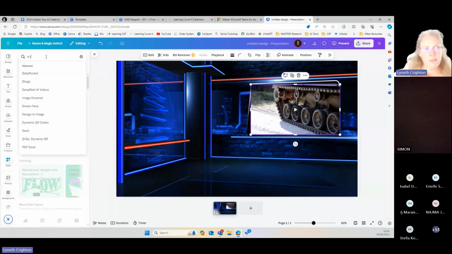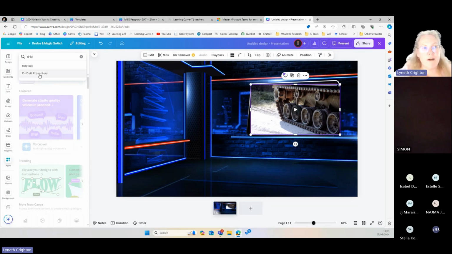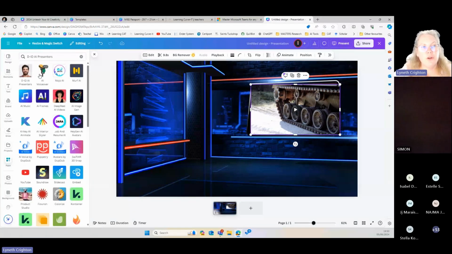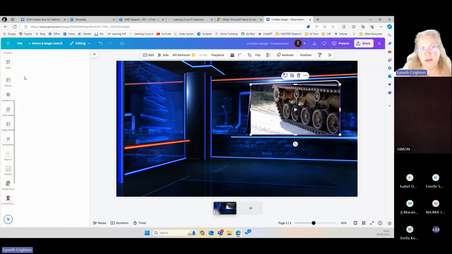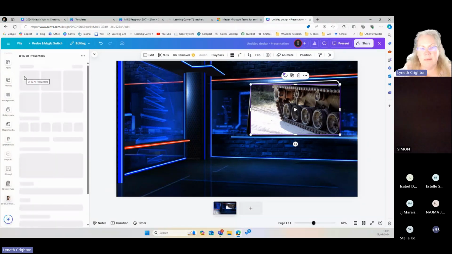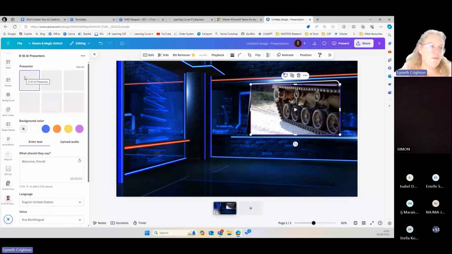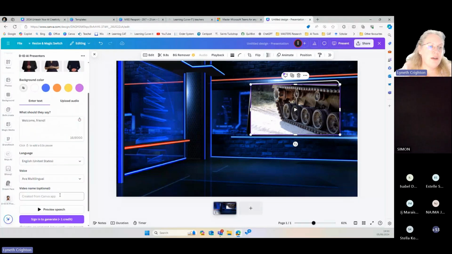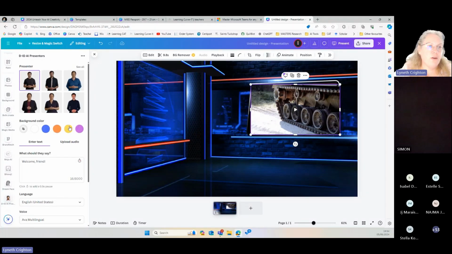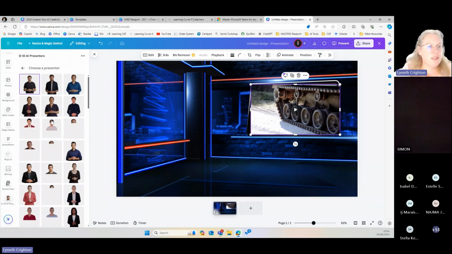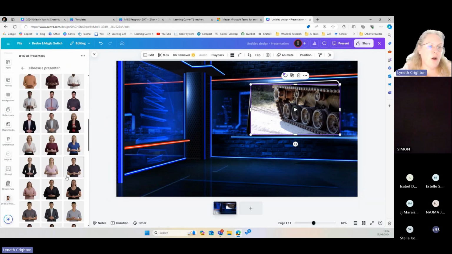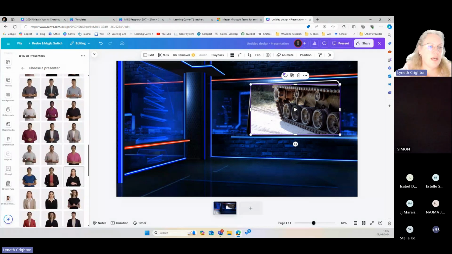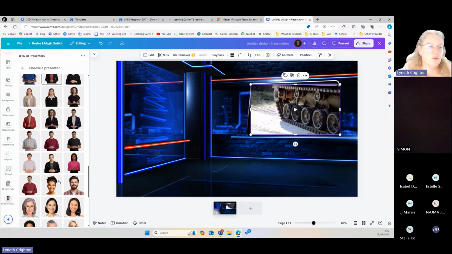DID is a paid-for thing, however, and they do need to create the account. However, they never need to leave Canva, well, they leave Canva when they create the account. And we found, because you get 30 free credits, they could upload a person, but there is a whole list of people that you could choose here to read your news.